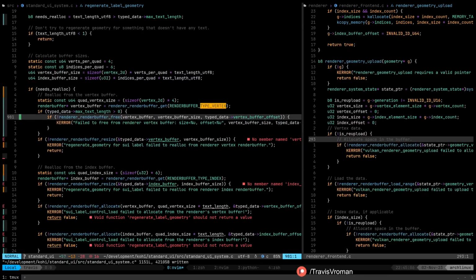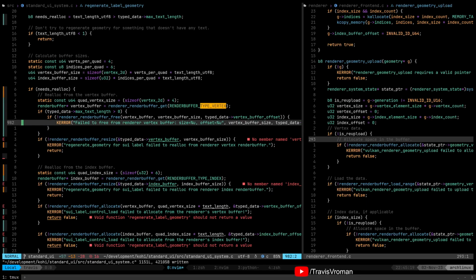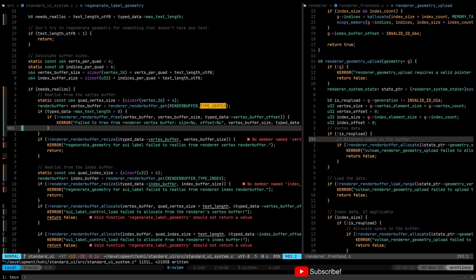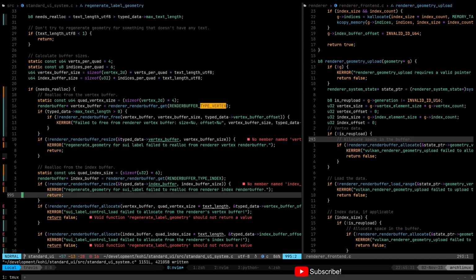So if we fail to free that, I am going to bleat about it, but I'm not going to kick us out, because that's not necessarily immediately going to cause a problem. It will eventually run the buffer out of memory, but at least by doing this, we can kind of try to continue. So we'll go ahead and free that. And then we can go ahead and allocate again.